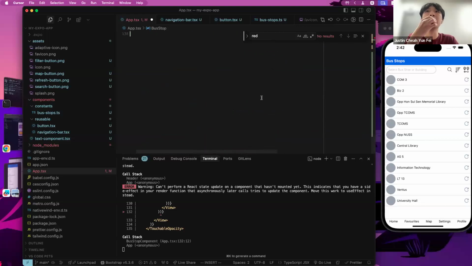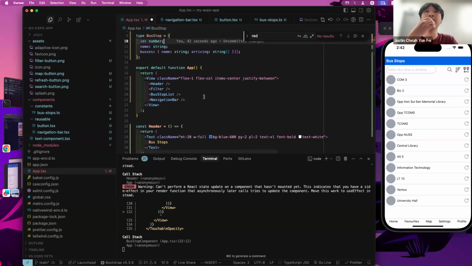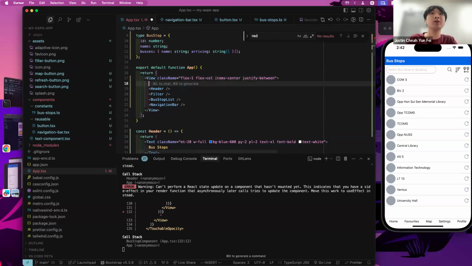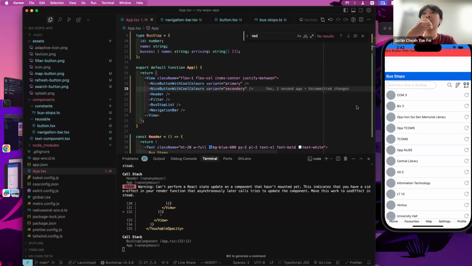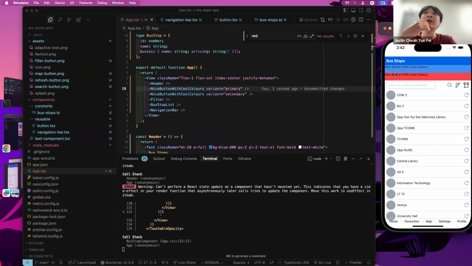Okay, whatever. And then you can add the different buttons. So now you have buttons that you can reuse across multiple screens, but you can pass in